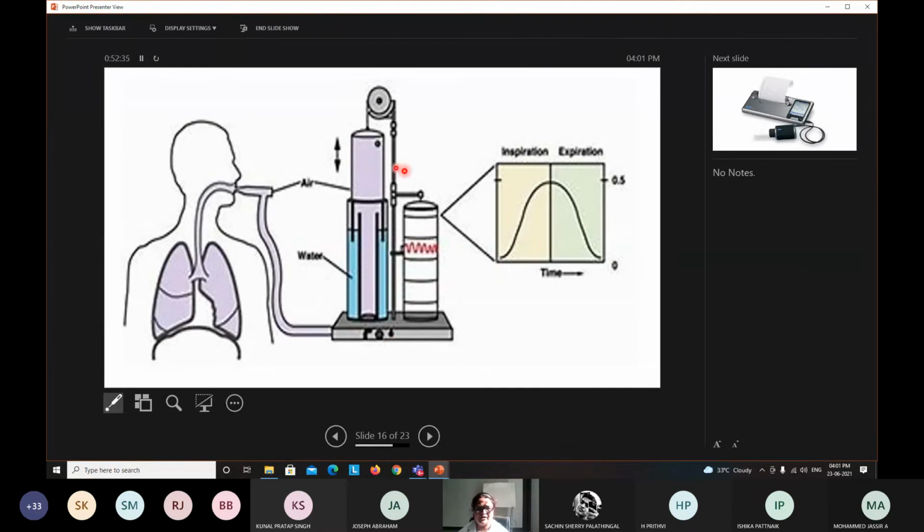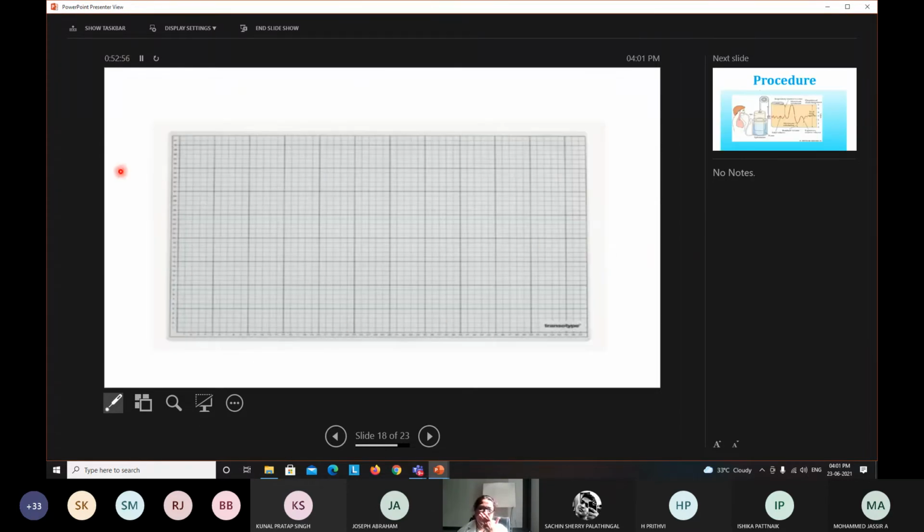Different books give different values. So whatever our departmental instruments have, the speeds that I am telling you, 2 millimeter per second, it rotates around 2 millimeter in every second, whereas the faster speed is 17 millimeter per second. So those two we use regularly for conducting the practical. So this graph paper has got vertical and horizontal lines. Okay, so these will represent, the y-axis represents the volume of air, whereas the x-axis represents the time. This is the time factor, whereas the height or the y-axis is the volume of air.